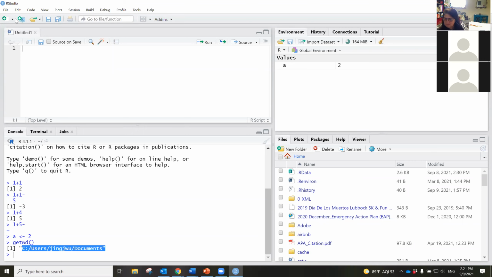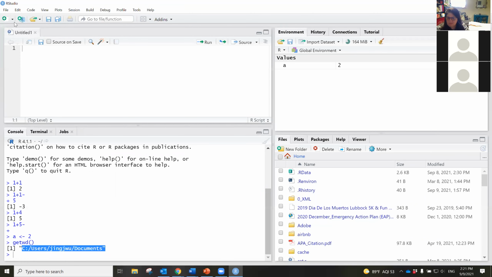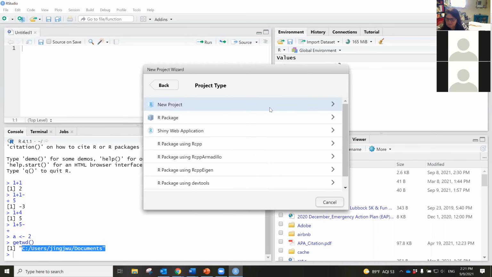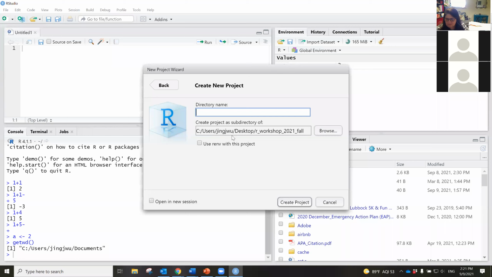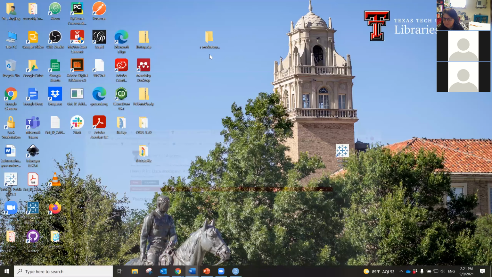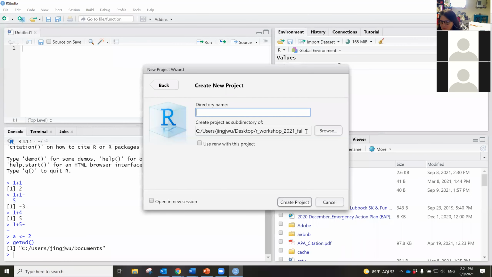To create an R project, you just click this icon, or you can go File, I think it's New Project. And then New Directory, New Project. I already created a folder for this workshop on my desktop. So you can see it's here, our workshop 2021 fall. So I'm going to use this folder. And then